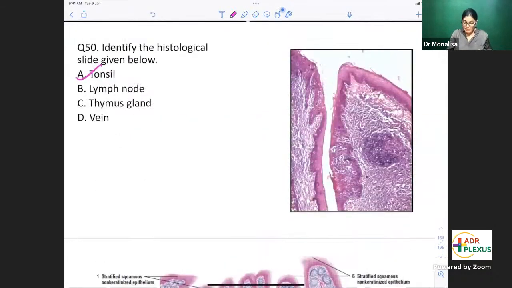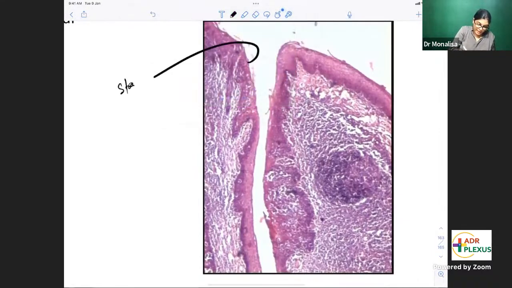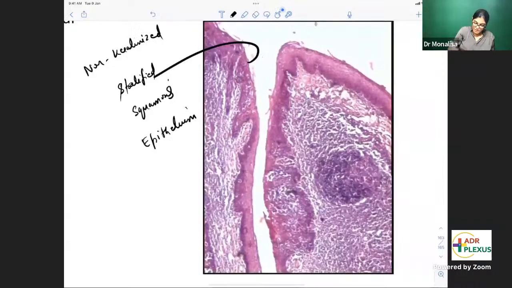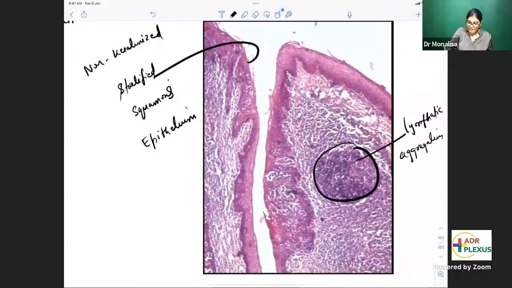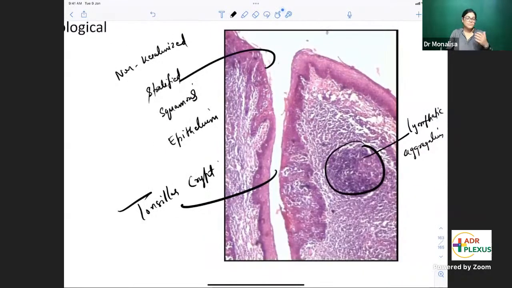So see here, this is a slide of tonsil because you can see the lining epithelium is stratified squamous, non-keratinized epithelium. Also, you can see lymphatic aggregation, which is a characteristic feature of lymphatic structures. This is the tonsillar crypt. So, a slide with tonsillar crypt, stratified squamous non-keratinized epithelium, and lymphatic aggregation gives us the correct answer that this is